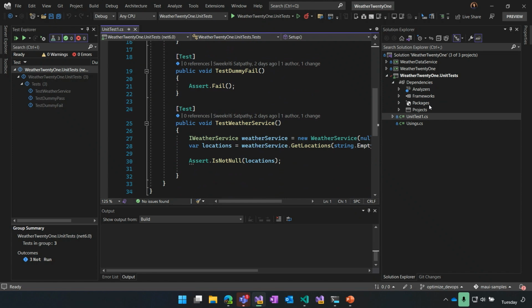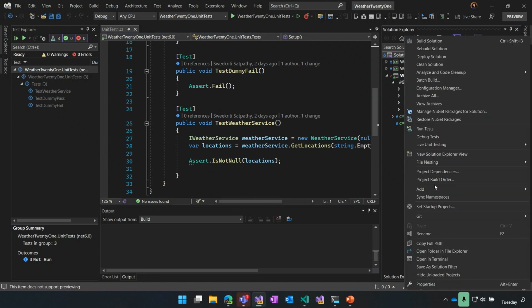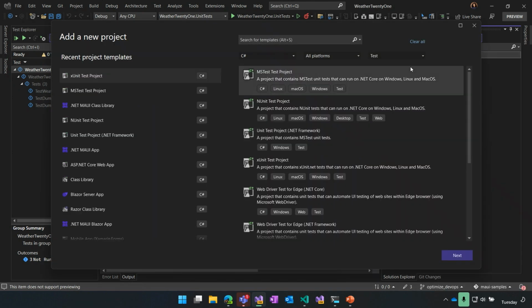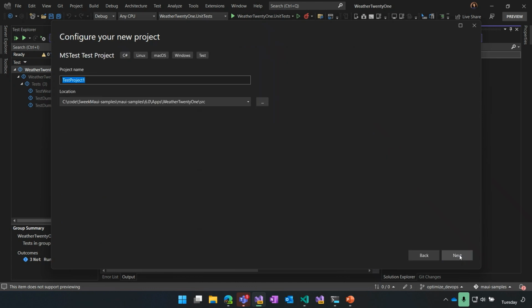And we have the actual weather test service here. I have set this up. This is an NUnit test, right? But just to show you guys that I'm not messing around when I say you can use .NET Test with whatever flavor of a test project you want, I have this set up for C# and tests, and we have an MS Test project here, and we have an XUnit test project here as well. Let's add it, right? Let's see what it does.